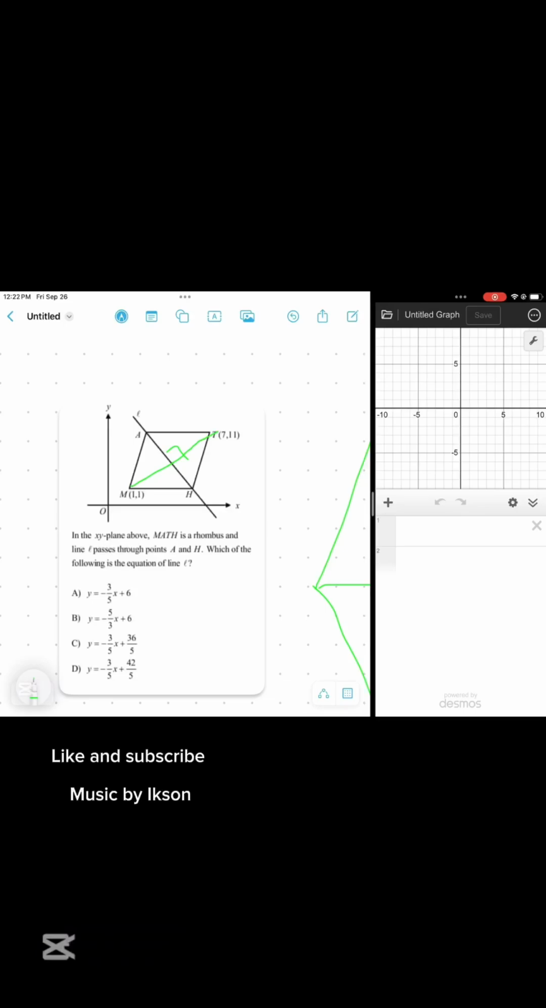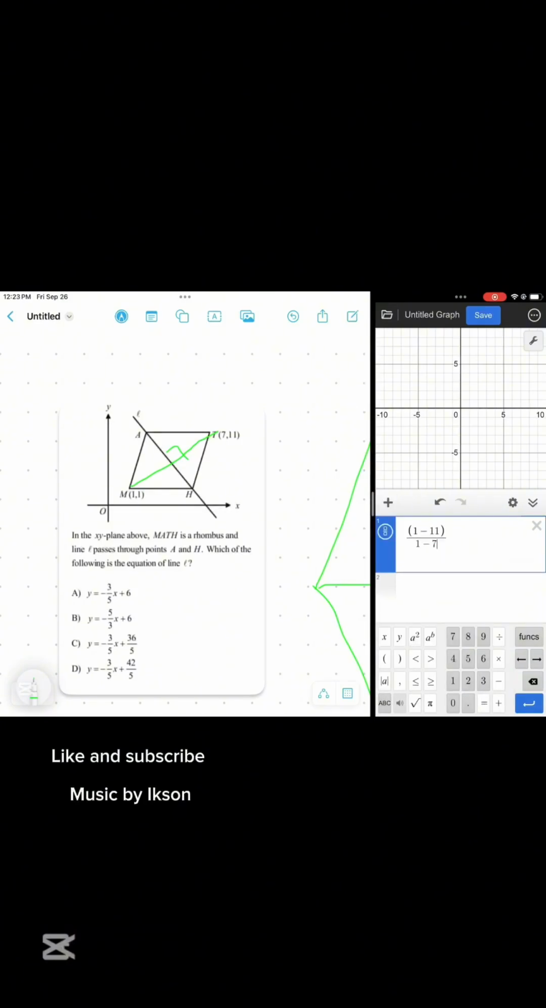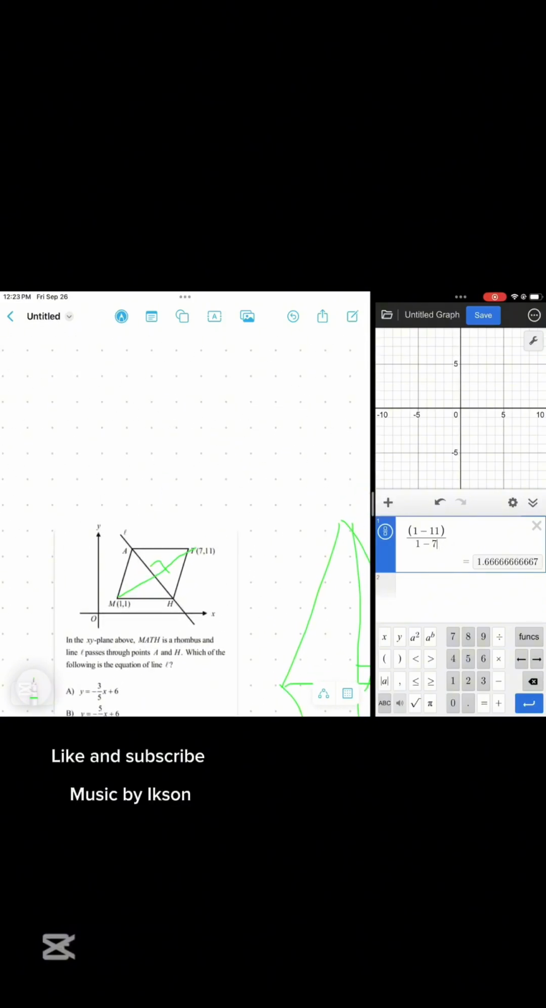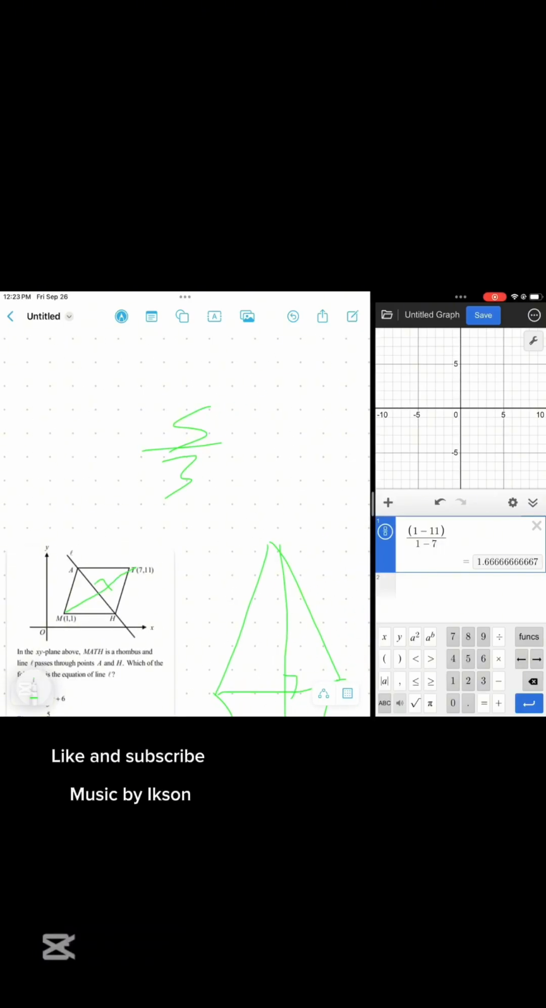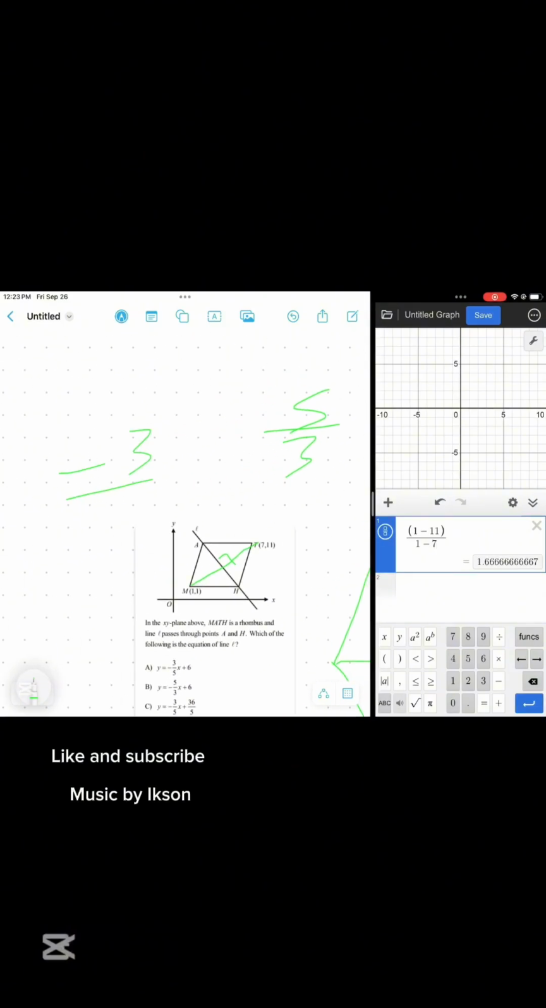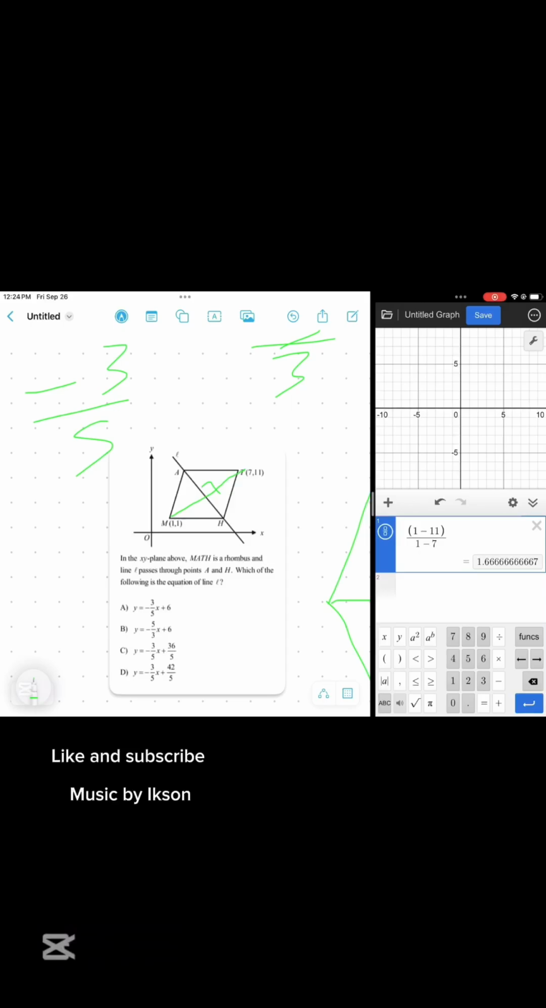To find the slope of a linear equation, we do y1 minus y2 divided by x1 minus x2. So that's 1 minus 11 divided by 1 minus 7. So now we know that the slope is 1.67, which is 5 divided by 3, so 5/3. To find the line that's perpendicular to that, we flip the fraction so it becomes 3 divided by 5, and we make it negative, so it's negative 3/5. So we already know that B isn't the answer, but now we need to find the k of the function